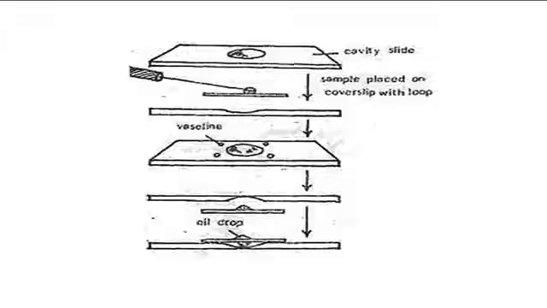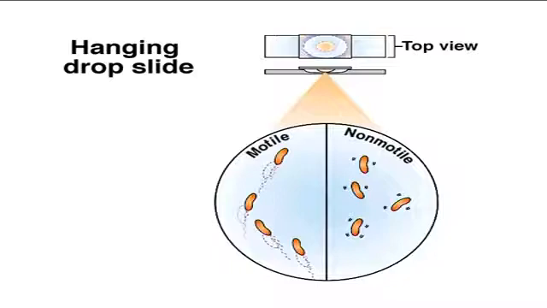Let's learn about hanging drop mount. It is used to observe the motility or germination or fission of microorganisms as shown in figure 3. In this method, a cavity slide which has a circular concavity in the center is used. The periphery of the concavity on the cavity slide is smeared with Vaseline. A drop of liquid microbial culture is placed in the center of the cover glass for liquid culture. If the culture is grown on a solid media, it is mixed with a drop of distilled water before placing